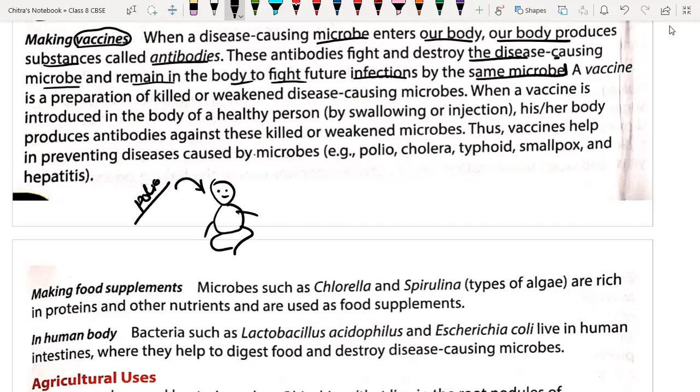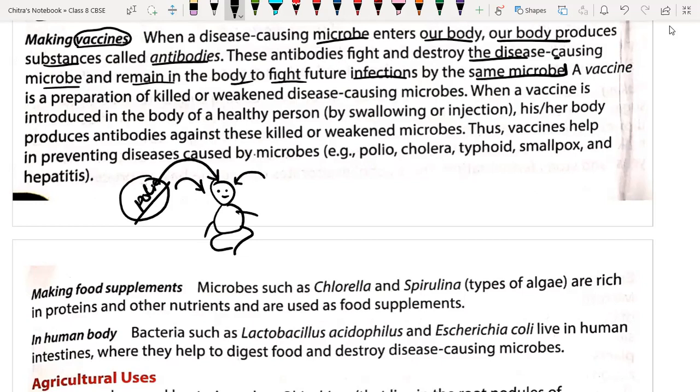Okay, polio is given against the virus. See, that child is not suffering from the polio virus, but still we are providing the polio vaccine every year, periodically, when it is organized by the government. So what happens generally is that the polio virus used to enter the body of the organism, I mean human being, and it used to create resistance against the polio virus. Okay, so this is called a vaccine.